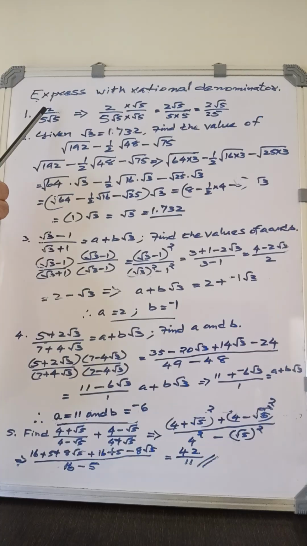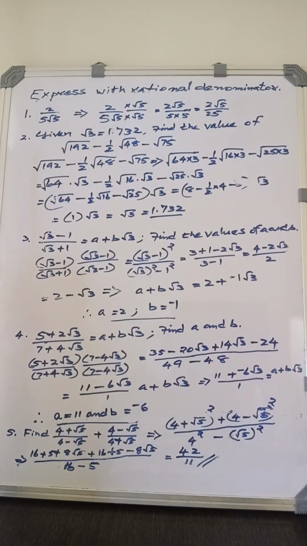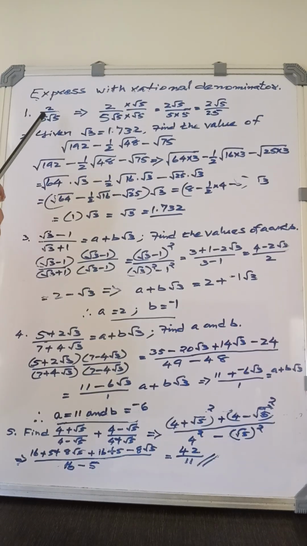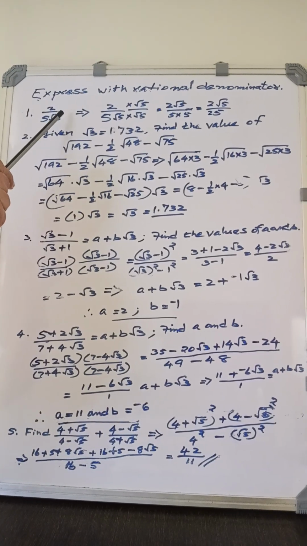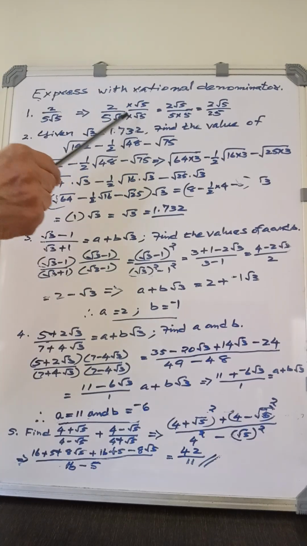Here, 2 by 5 root 5. The denominator is 5 root 5. 5 is the rational factor and root 5 is the irrational factor. We have to eliminate that root 5 from here. For that, we have to multiply the denominator by root 5, and to keep the value the same, multiply the numerator also by